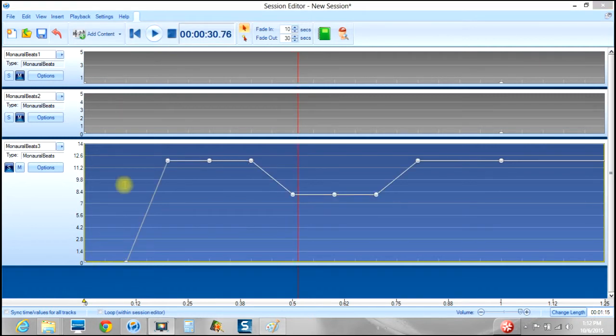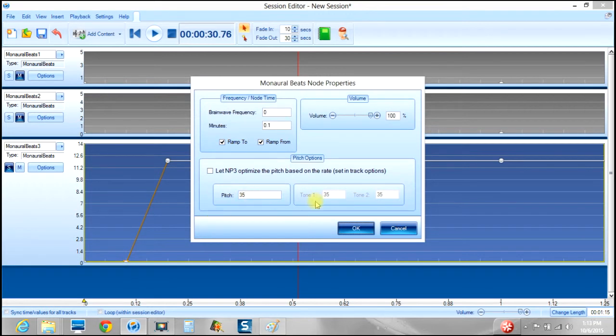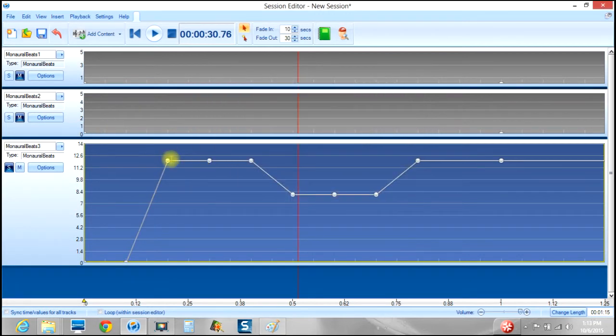Okay, I made a third track here, and let me explain it. I have a 0 brainwave down here, 0 pulsing, up to 12 hertz, down to 8, up to 12. Now the pulsing, or the pitch, is 35 hertz all the way across. It does drop in a couple places, 35 down to 25, so audible down to inaudible,